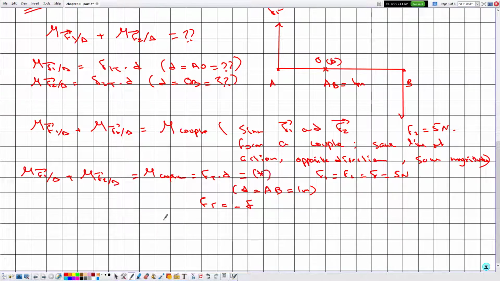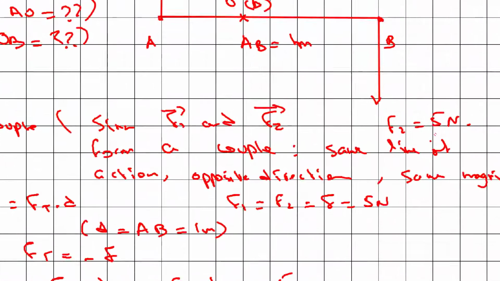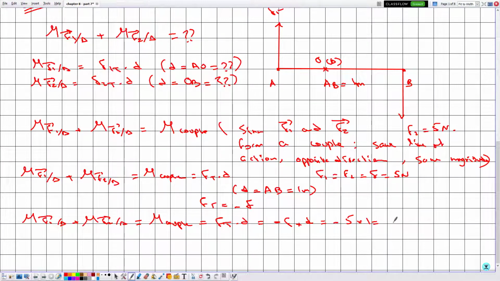Then here this will be equal to the moment of the couple, or the moment of the force F1 over delta plus the moment of the force F2 over delta is equal to the moment of the couple, which is equal to F tangential times d, which is equal to minus F times the distance d, which is equal to minus 5, which is the magnitude of the forces, multiplied by 1, which is equal to minus 5 in Newton meter. Okay, so in this case the moment